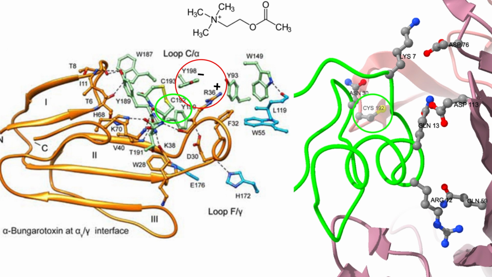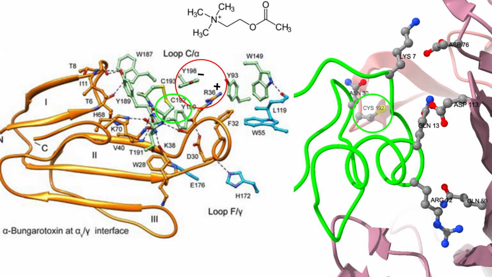But in red here, we're looking at this tyrosine 198, which forms a pi cation interaction with positively charged residues. So in this case, we're looking at an arginine here of the alpha bungarotoxin, which is shown in orange. I guess I should have explained that better. The alpha bungarotoxin is shown in orange. The alpha subunit is shown in this weird greenish color, and the gamma is shown in a blue for the alpha bungarotoxin. And what you can see, as I was saying about this tyrosine 198, it forms a pi cation